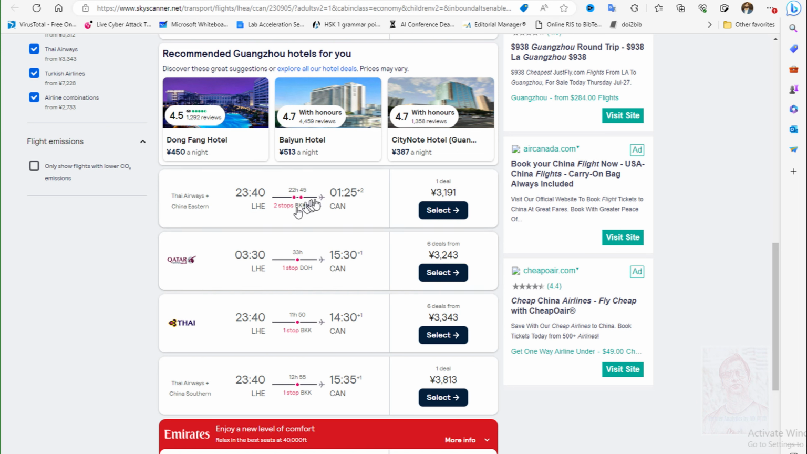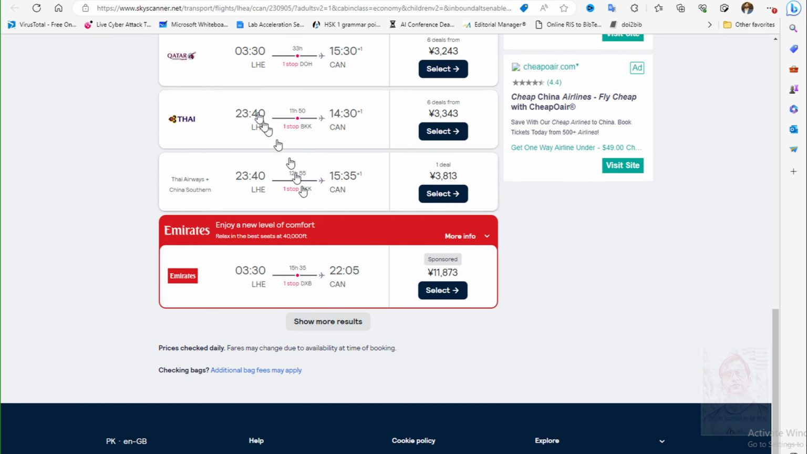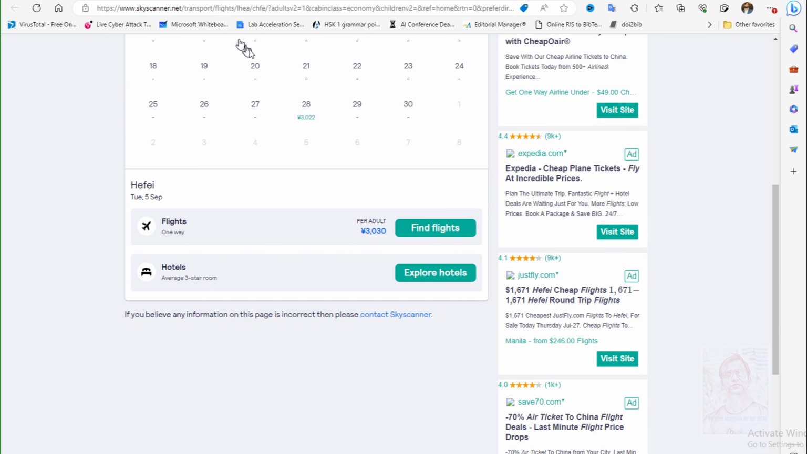In these two cases I will prefer this one, because these are 3 flights, 1, 2 and 3, and this is 2 flights, and I am going to use Qatar Airways, which is a good airline as compared to Thai Airways. So maybe you can take this option if you are near to Guangzhou. So I am going to take this option here, and then we are going to see Hefei,